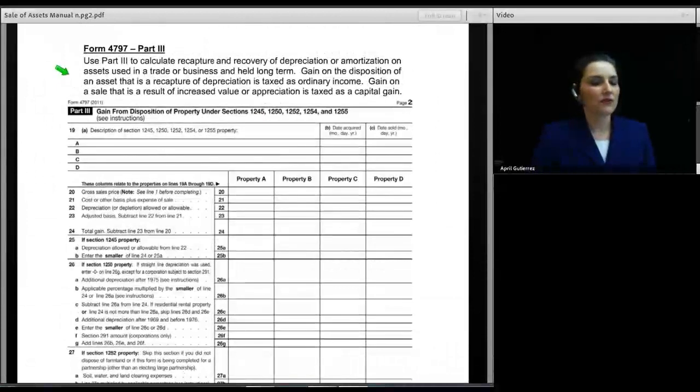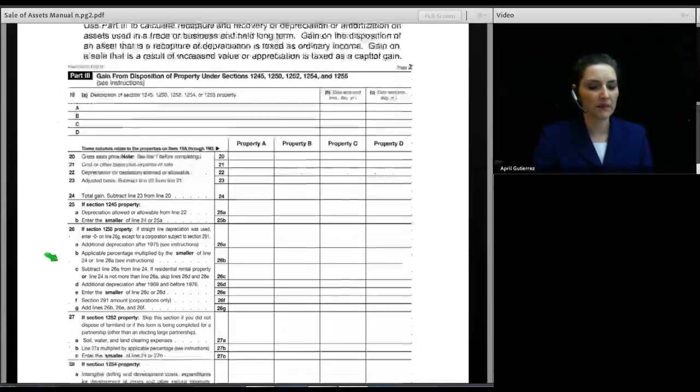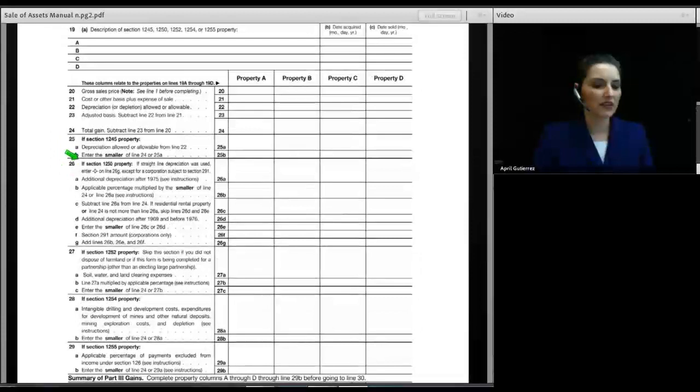Now we're on to 4797 Part 3. You use Part 3 to calculate recapture and recovery of depreciation or amortization on assets used in a trade or business and held long-term. Gain on the disposition of an asset that is a recapture of depreciation is taxed as ordinary income, and gain on the sale that is a result of increased value or appreciation is taxed as capital gain income. Now, Part 3 is a really long section, and we've got this stuff here for Section 1250 property,